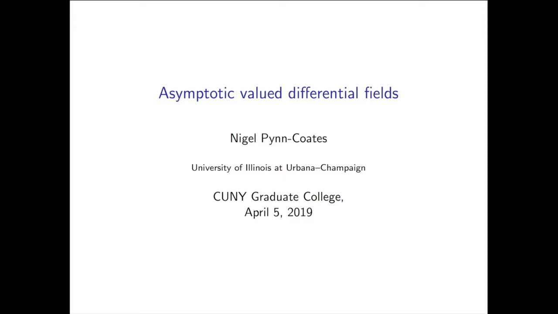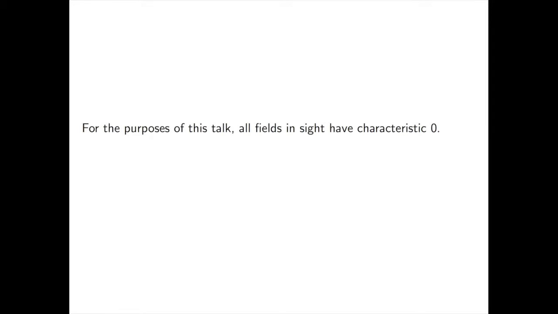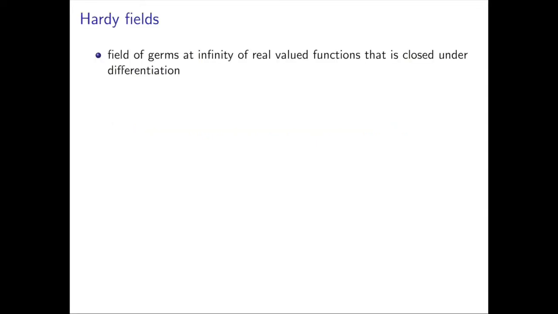And so I'm going to tell you about a few theorems that are generalizations or analogs of valuation theory theorems in the setting of asymptotic valued differential fields. In some sense, asymptotic, I'll argue, is like the right condition to place on the interaction between the valuation and the derivation, at least if we want to do some kind of valuation theory. All fields are characteristic zero in this talk, okay. It also has some motivation in terms of Transseries and Hardy fields, which I'll say a bit about now.